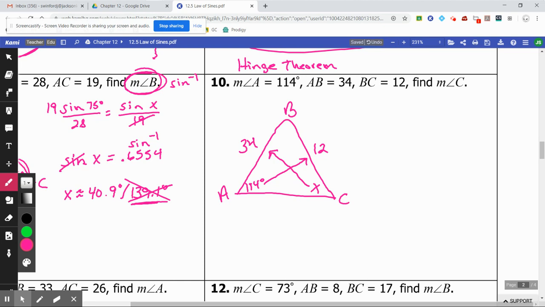So therefore, I can already throw this problem out before I even work it. There's no way possible that X can be bigger than 114. You would have two obtuse angles in the same triangle. That's not possible, but I'll show you. The sine of 114 over 12, and we'll run into another mistake here in just a second, equals the sine of x over 34. Move the 34 over by multiplying, solve the proportion, and I get the sine of x is equal to